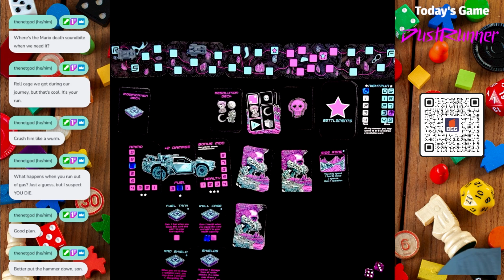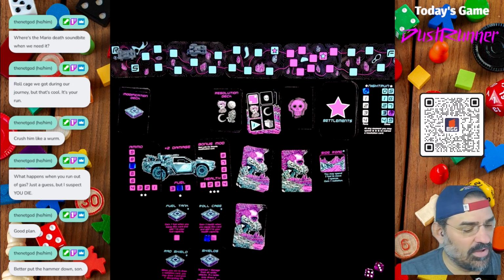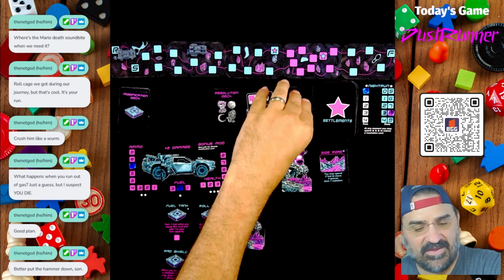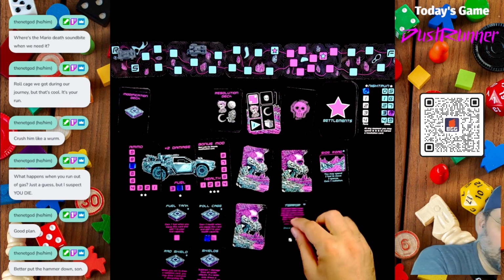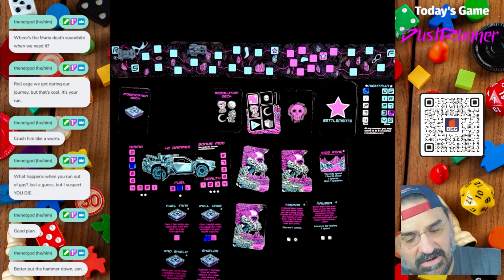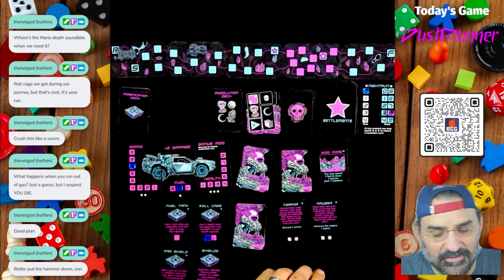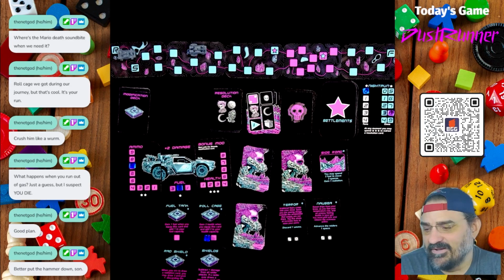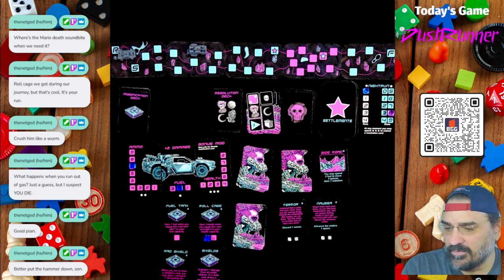And it says, when you are to draw a radiation card, you may draw 2 and pick 1 and discard the other. So let's decide our fate, shall we? We can either be battling terror, our own internal mental terror, or nausea. Now, when the bad stuff happens on either of these 2 cards,